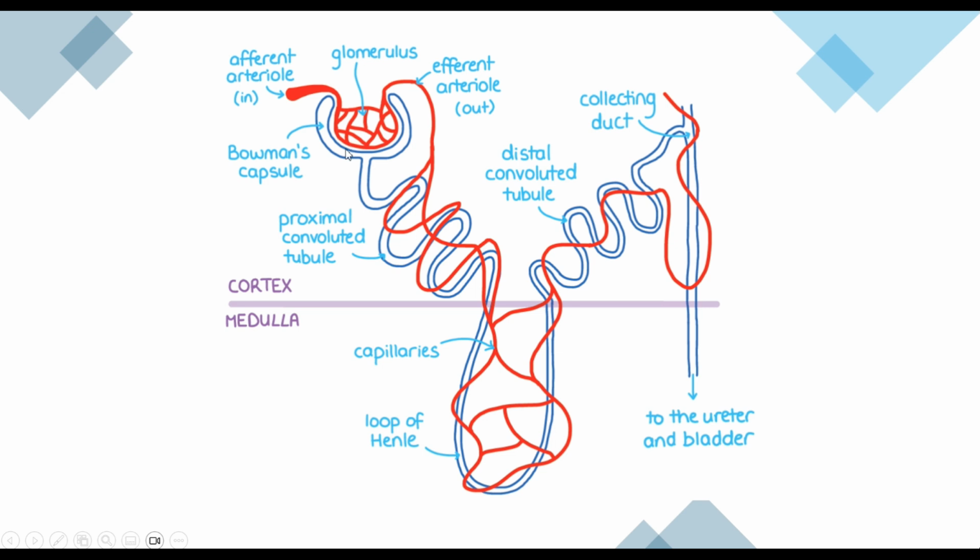Now, this nephron splits into different parts here. The Bowman's capsule is going to collect all that water, and then move that water, the filtrate, through the proximal convoluted tubule, down like that. Then it moves it through the loop of Henle, where things are filtered out and it decides how much water needs to be reabsorbed and that kind of thing. And then it moves through the distal convoluted tubule and the collecting duct,